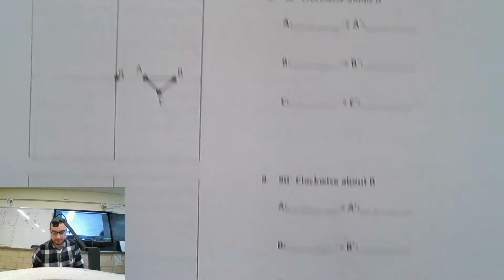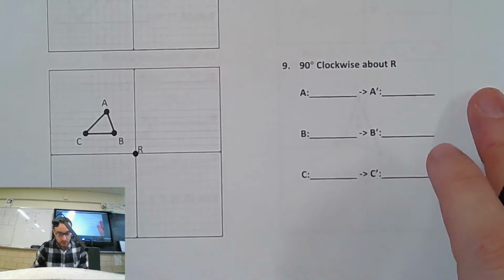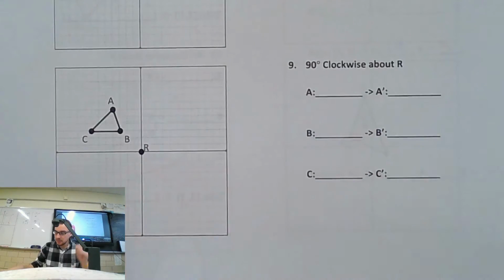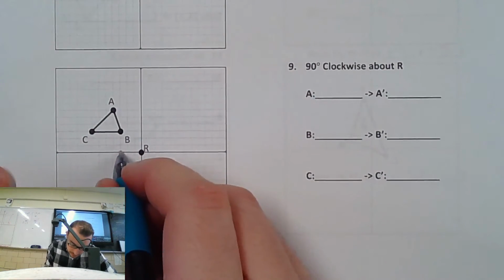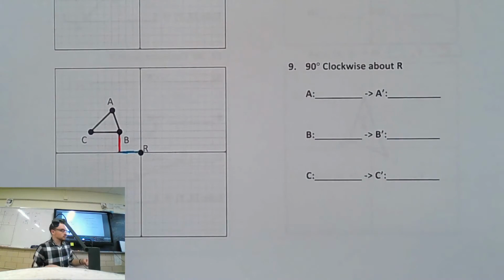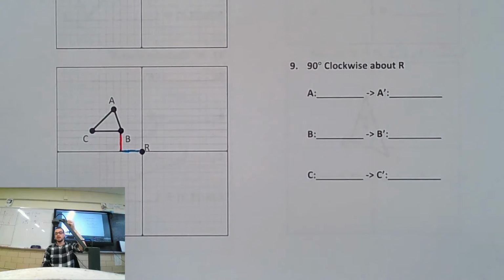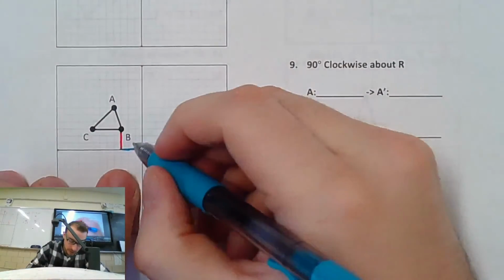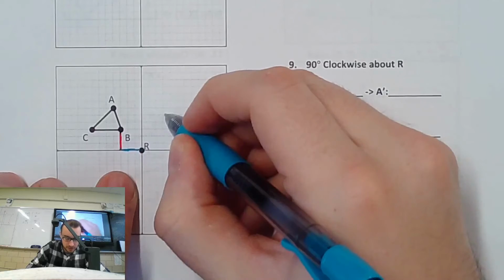Let's take a look at number 9. Again, we're centered about the origin. Let's rotate 1 point. Which point do you want to rotate? B, C, or A? B? Okay. So if I rotate it, there's my L. The blue part is pointing to your left. If I rotate that 90 degrees clockwise for you is this direction. So if I'm pointing this way to your left and I go 90 degrees clockwise, which way am I pointing now? Up. So that blue line is going to point up after going clockwise, and that makes sense. Clockwise is that direction, right? So we're going to go 3 up.